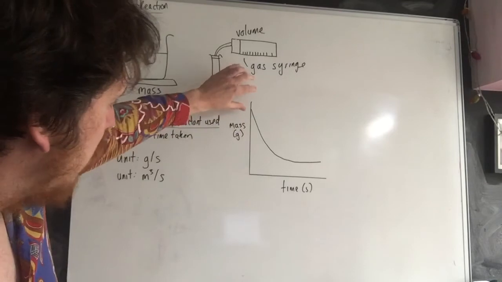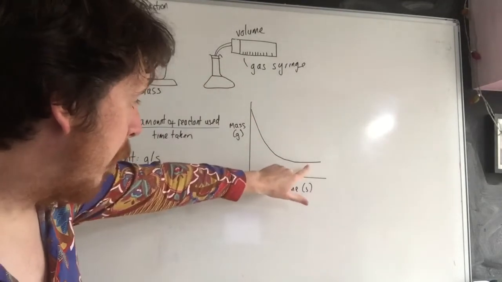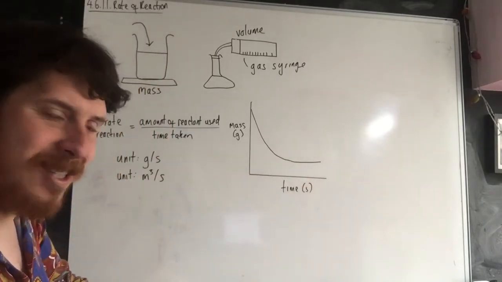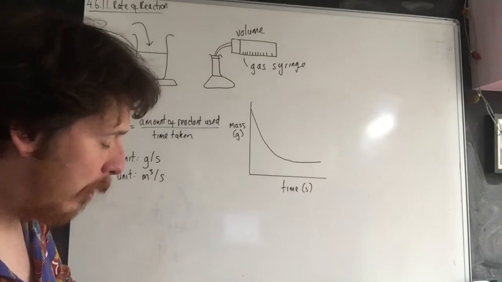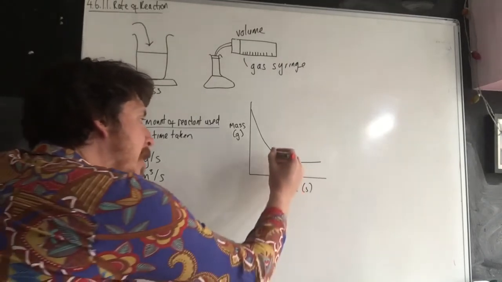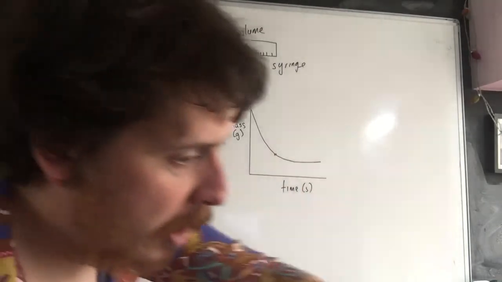So in this reaction we've got a mass decrease, and eventually it stops at this point where the mass does not change. If you are asked to calculate the rate of reaction using the graph at this point, then on the curve you would need to draw a tangent,